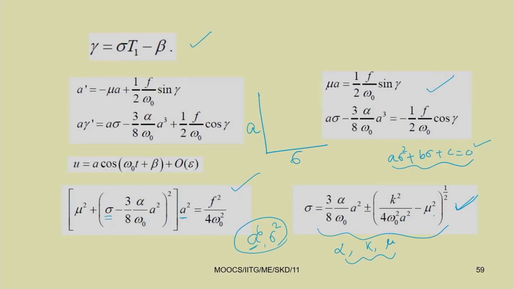This will be given as an assignment for you to plot this A versus sigma and study the frequency response of the system and its effect due to damping, due to this nonlinearity and due to, you just see, you have a term k, which is the amplitude of forcing. Those things we will study when we study exactly the response of the system. So, this way you can solve this differential equation by using the method of multiple scales.